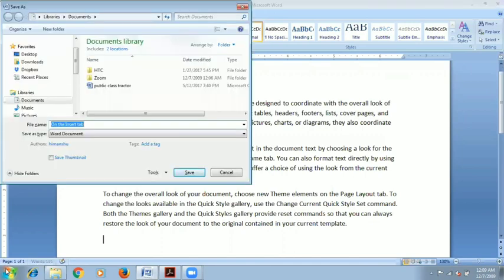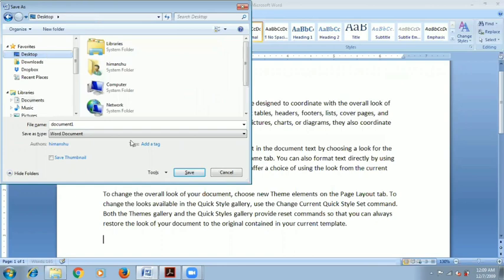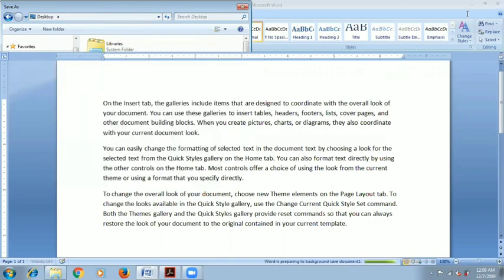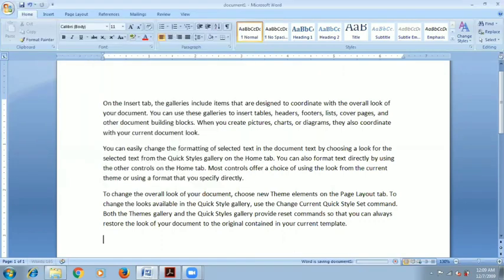For example, I have given it the name document one. I am saving it on desktop. Then save. Now I'm closing my file.